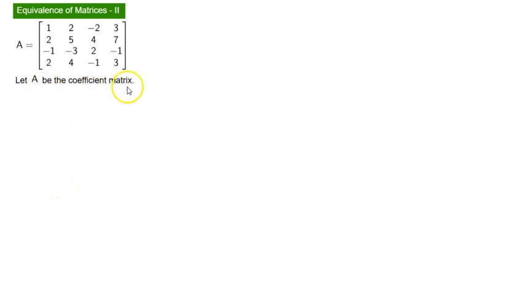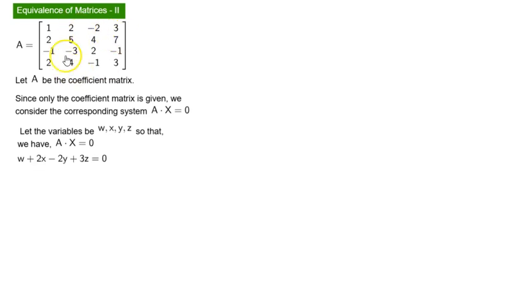Now let's compare what we have done using matrices and what we would have done using algebra. Let A be the coefficient matrix. Since only the coefficient matrix is given, we consider the corresponding system A times x equal to 0. Let the variables be w, x, y, z, so that we have A times x equal to 0. Converting this into linear equations, we have